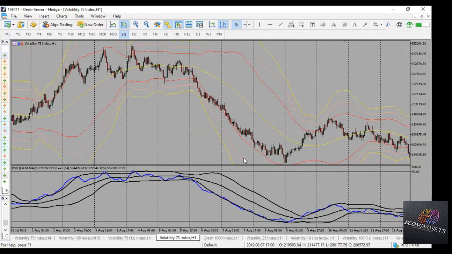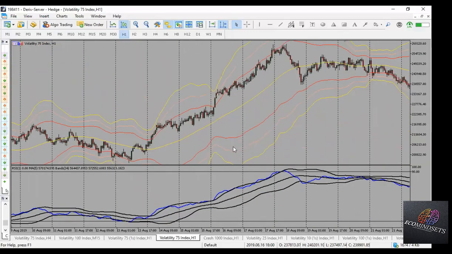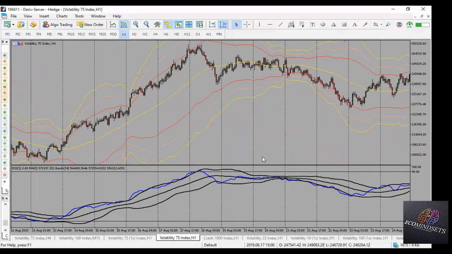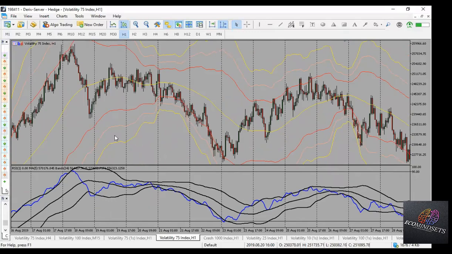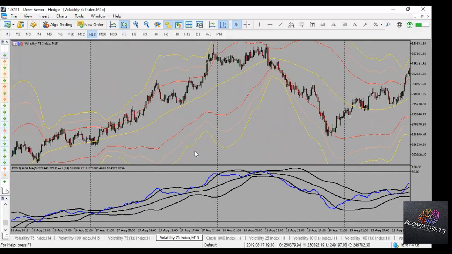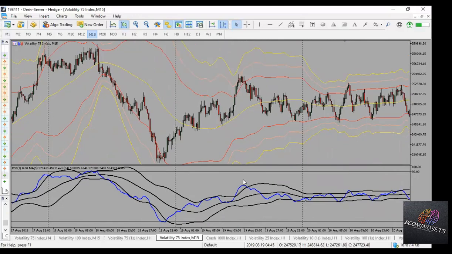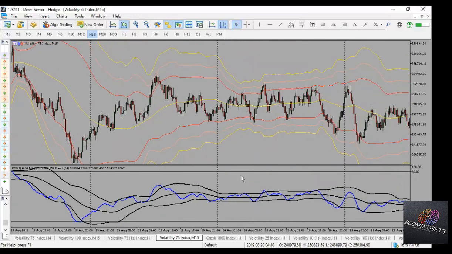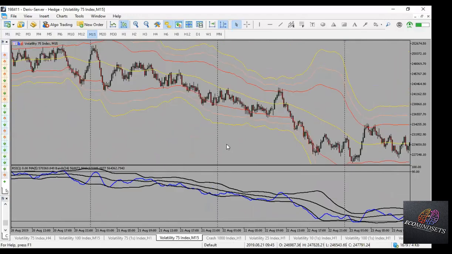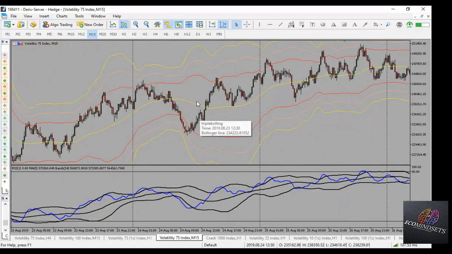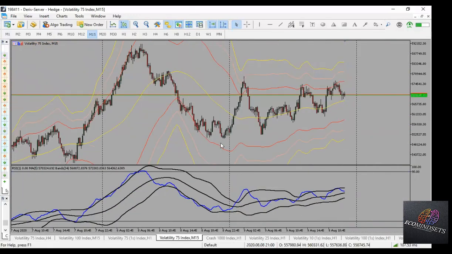Once you get the confirmation on H1, you just ride it, no looking back. Just that you won't get a lot of opportunities on H1 as you do when you are using M15. So the day I want more opportunities, I use M15. But the day I just want a few trades, I just use H1. And the same thing applies here as I explained on boom and crash.